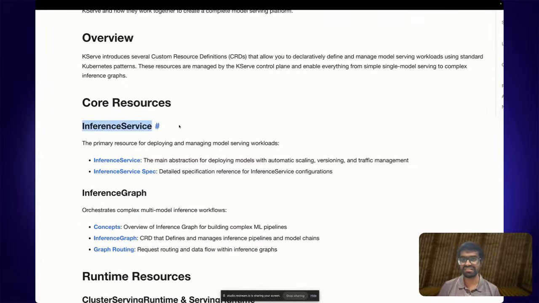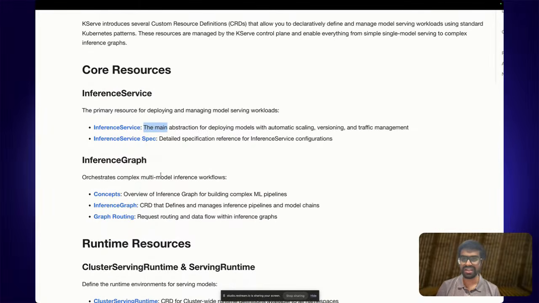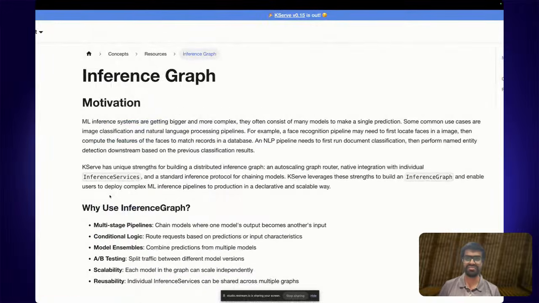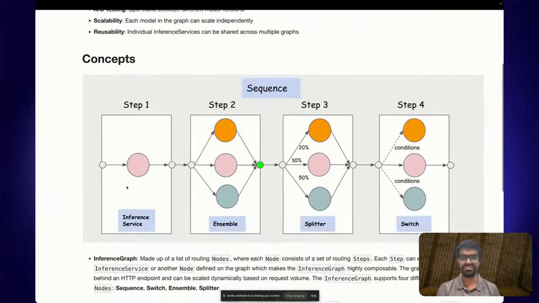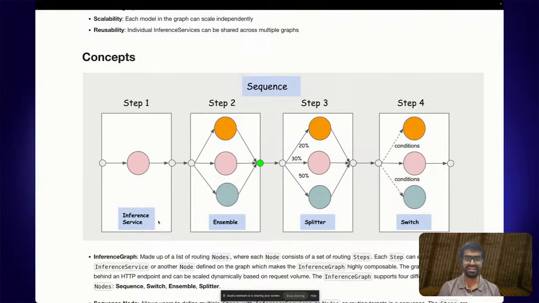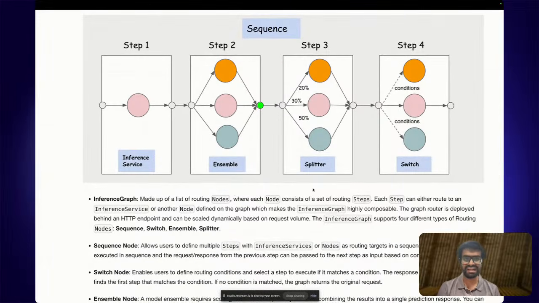We have the inference service, which is the main abstraction for deploying models. We already saw that, and we actually applied an inference service to our cluster for doing the inference. And the inference graph is what allows for the multi-model inference workflow. The idea is that you could chain together multiple models. So you'll have an inference service, then an ensemble model, made up of nodes and routing steps.